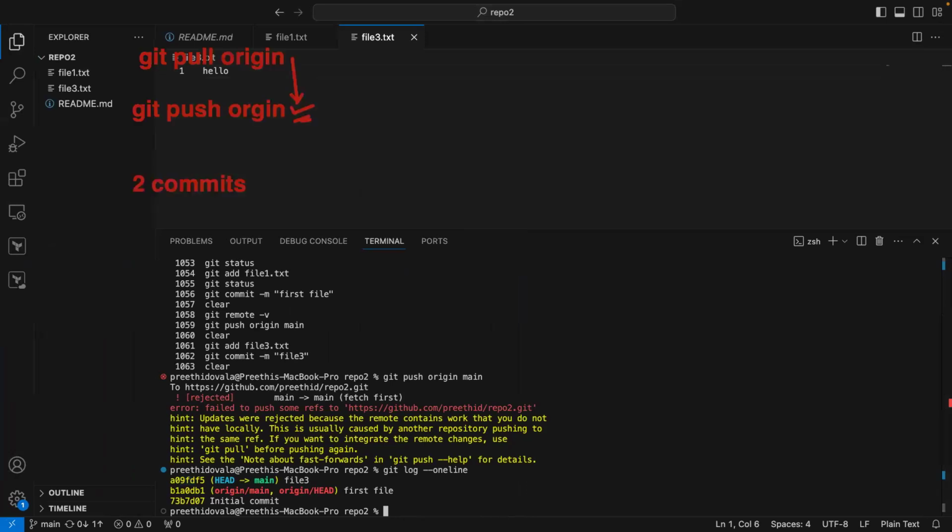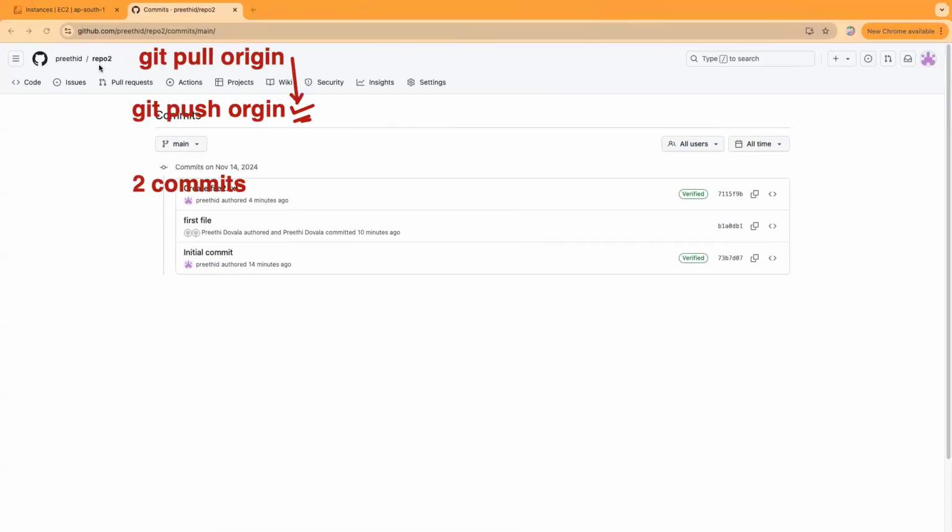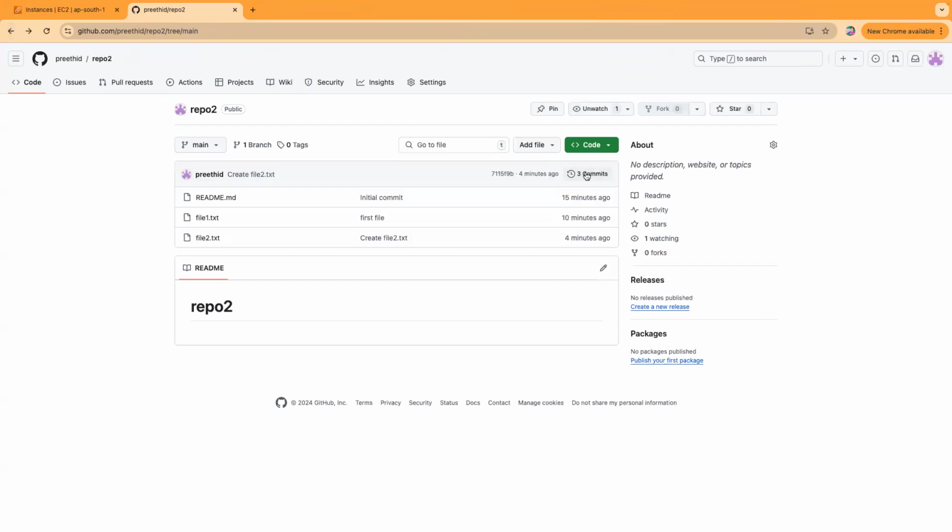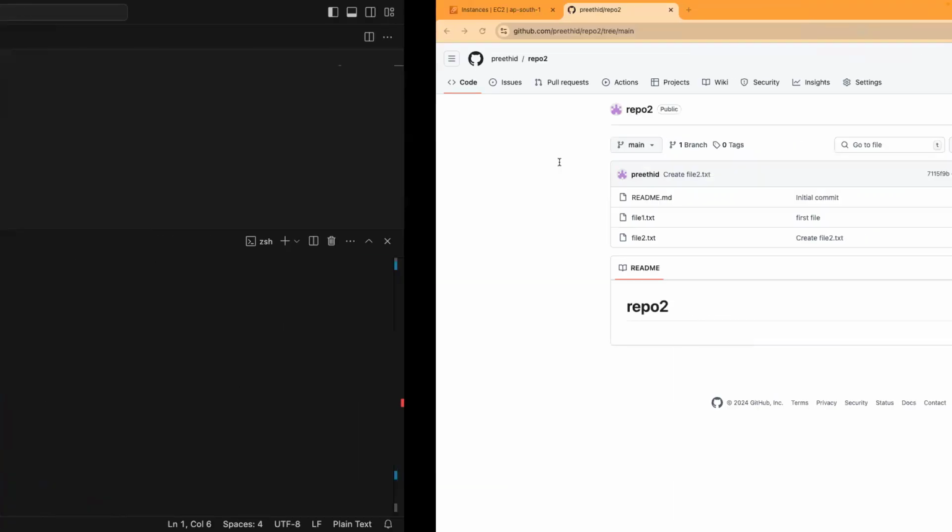So the best way here is to avoid that. Also, here there were 3 commits. After your push, there will be 5 commits. It's not good practice. So the best way is